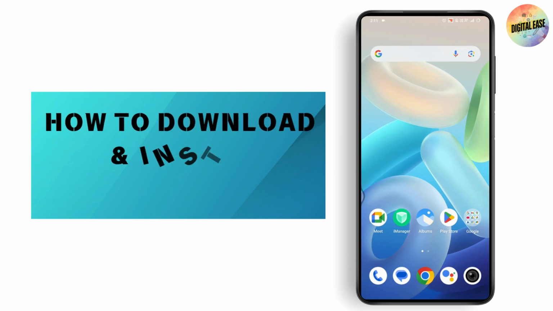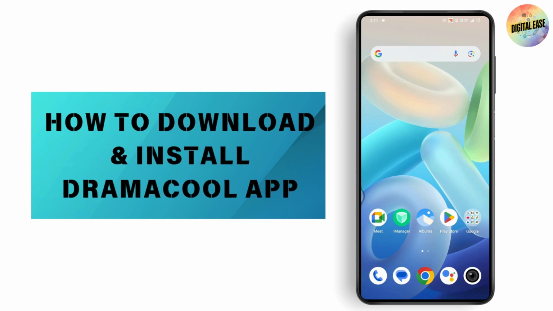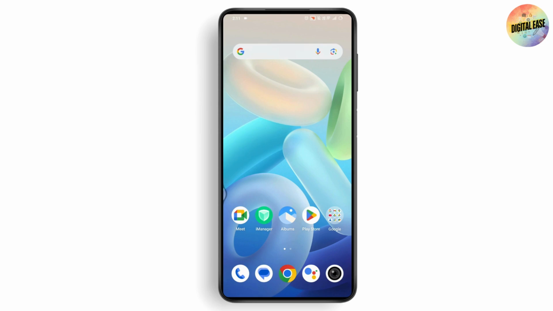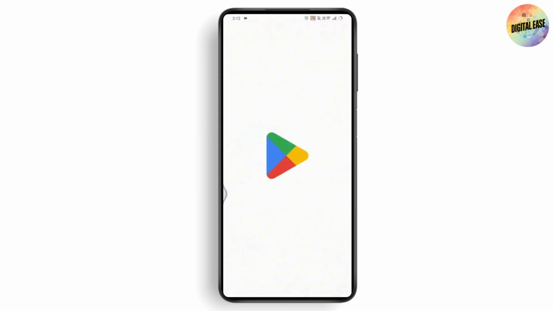How to download and install DramaCool app. So if you want to download and install DramaCool app on your Android device, then what you need to do is first you need to check your internet connection. And once you check your internet connection, the next thing you need to do is open up your Play Store